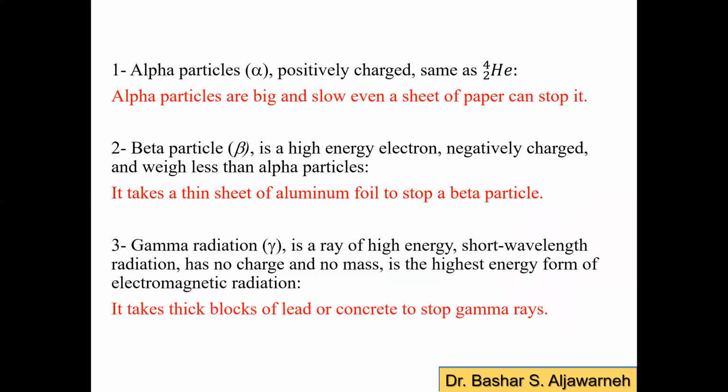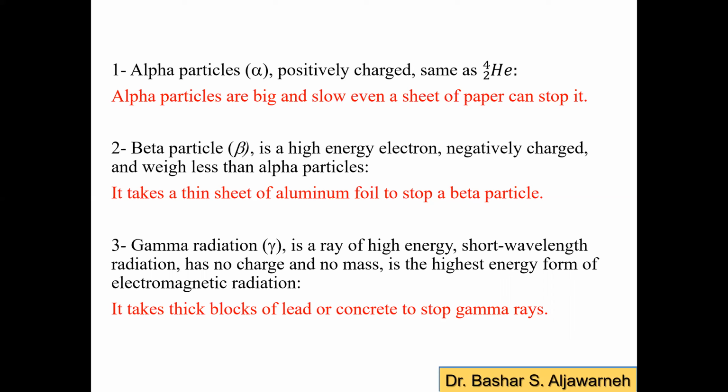In this slide, I would love to summarize the difference between alpha, beta, and gamma, either in their mass, where alpha particle is the heavier one, and gamma has no mass, and in their energy, where gamma has the highest, then beta, then alpha is the lowest one. Therefore, the depth of penetration of their radiation is varying,